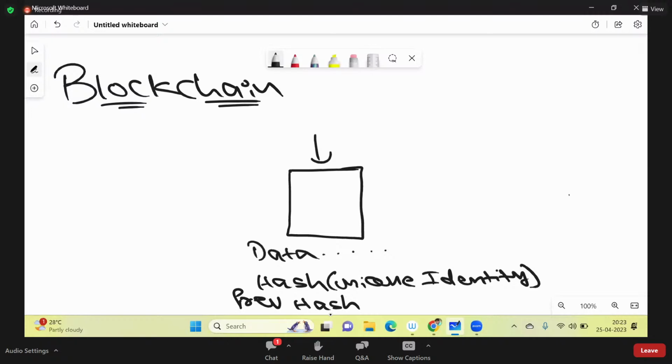Like this, there are millions of blocks being created in the network. And every block is going to have the components we discussed right now. That is, every block is going to have its own data. Every block is going to have its own identity, which is a hash. And then they are also going to have something called a previous hash, which we didn't discuss yet. So now it's time to discuss what exactly a previous hash is.